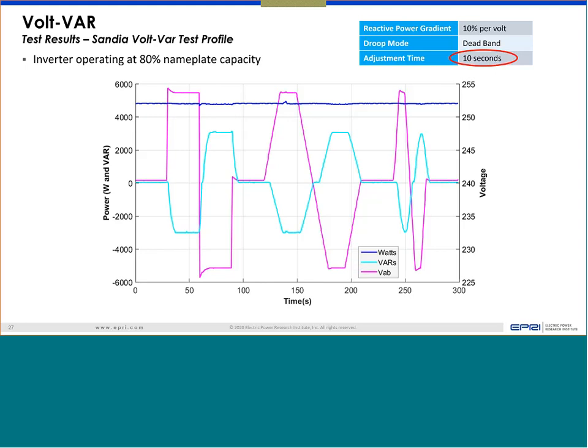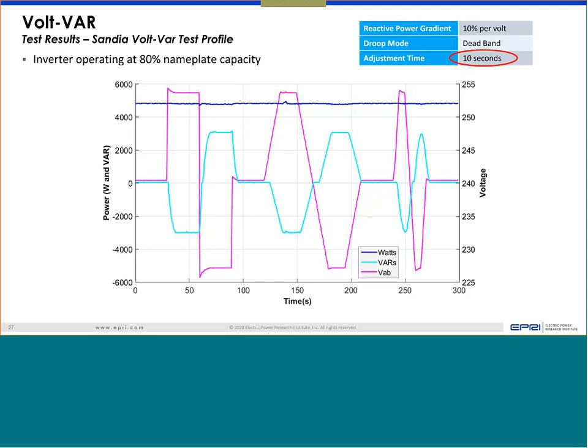In the afternoon, I'll discuss that IEEE has a range. I think the default is 5 seconds and it's adjustable between half a second and up to 90 seconds. So you can see how wide that range is, because depending on the location, your operation, or your philosophy of voltage control, different utilities may want to use it in different ways. So the standard allows a wide range. Half a second is the fastest, the slowest can go up to 90 seconds, and the default is most probably 5 seconds